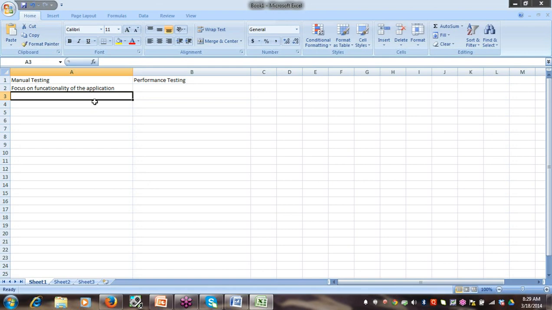We give the input, the application does some processing, and we get the output. We know the input and the output, so we compare whether we have got a proper output according to the input.